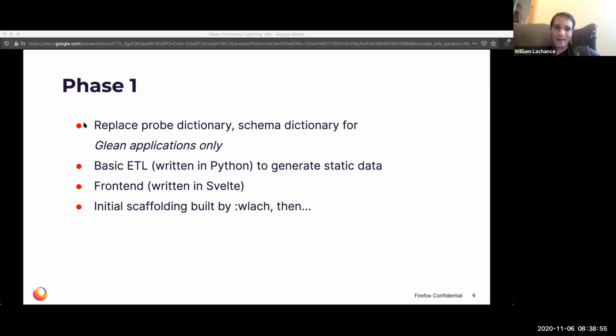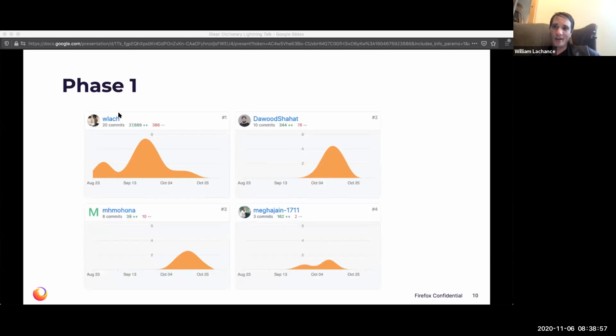I proposed that we do an Outreachy project, and we just got through the application process. We're going to select an intern among those who applied today. I think we had about 10 people of different backgrounds who made one contribution or another to the Glean Dictionary and other projects. Thanks to everyone on my team who helped mentor them. I'm pretty sure none of them had used Svelte before, and they were certainly unfamiliar with the data platform, and they still got a heck of a lot done in a pretty short period of time.